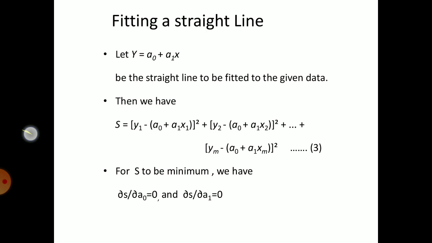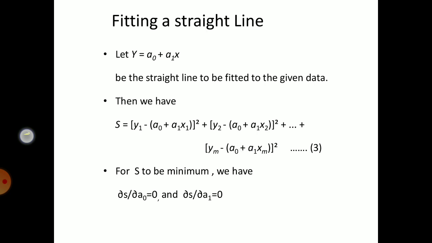Here we have to put x is equal to x1, and that is y1 minus (a0 plus a1 x1) whole square plus y2 minus (a0 plus a1 x2) whole square and plus on, ym minus (a0 plus a1 xm) whole square. Now equation 3 is an equation of error, which is denoted by S, and we have to minimize this error S. Means we have to consider the value of S as a minimum, and we know that